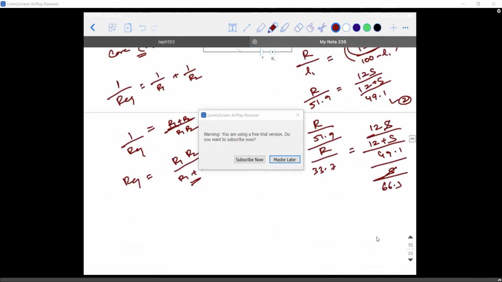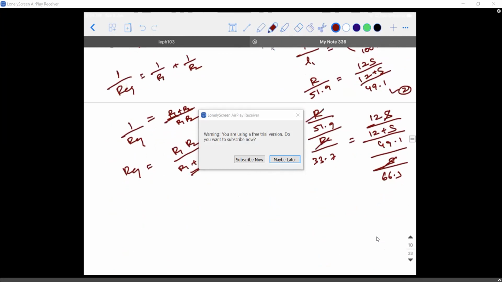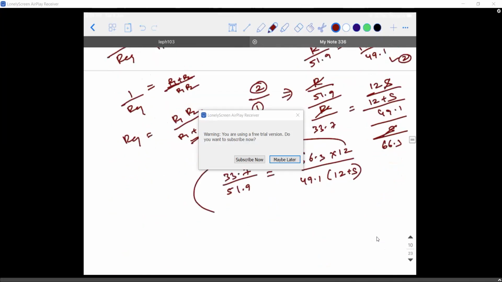So s and s will get cancelled, R and R will get cancelled. 33.7 divided by 51.9 is equal to 66.3 into 12 divided by 49.1 into 12 plus s. So when you solve this equation, you will get